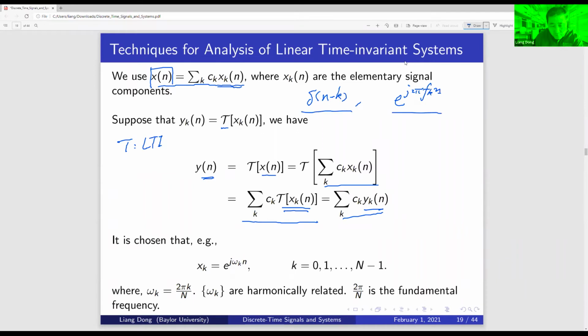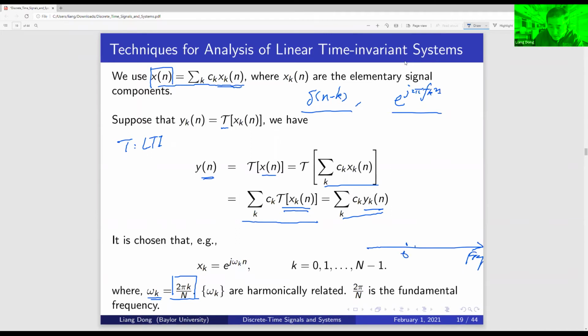For example, we are using x sub k equals e to the power j omega k n, where k is 0, 1, 2, all the way to N minus 1, and here omega k is 2 pi k over capital N. The omega k are harmonically related, which means all these frequencies are equally spaced in the frequency domain, where 2 pi over N is the fundamental frequency. So in the frequency domain